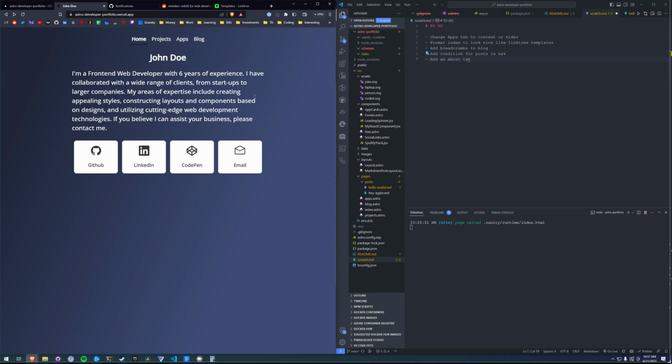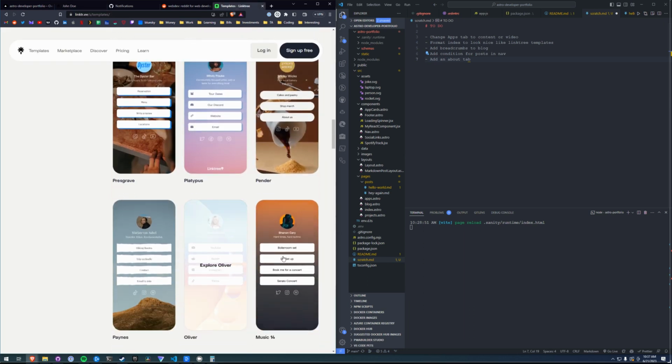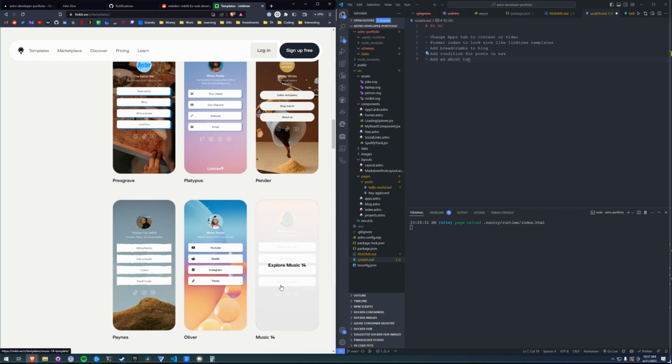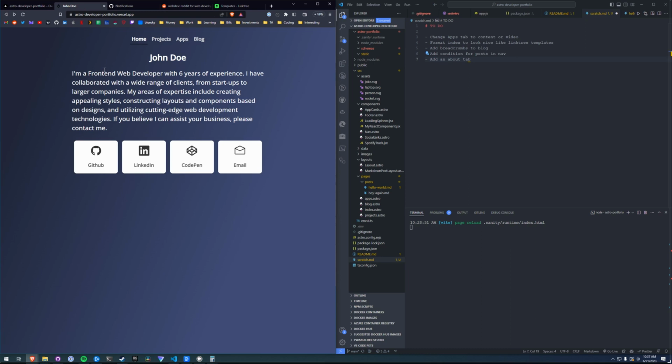So here's what I'm thinking. I'm thinking the index page should be like a sentence. If I want to build something similar to some of these templates, it's going to be a sentence and then a bunch of links and then the social links at the bottom. But I do feel it is important to have a somewhat deep about section on a portfolio website if you're a developer, just so people can get to know you a little better than just a sentence. So I'm going to add a tab for about and change the apps tab to